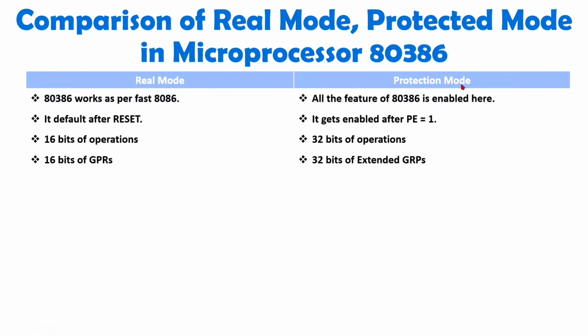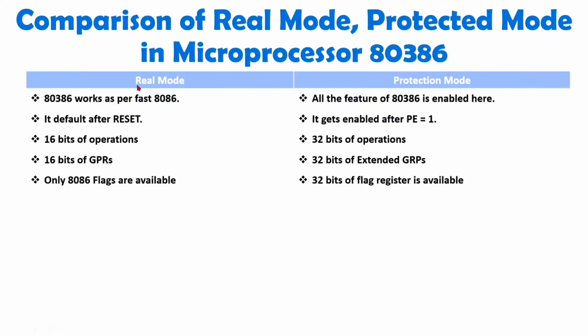But in protection mode, here those are extended general purpose registers, right? And that size will be 32 bits. So now those AX, BX, CX, DX, those were there with 8086. Now that will be EAX, EBX, ECX and EDX, meaning extended general purpose registers, and their size will be 32 bits, right? My dear students, here when we talk about flag, then whatever flag is there with 8086, that